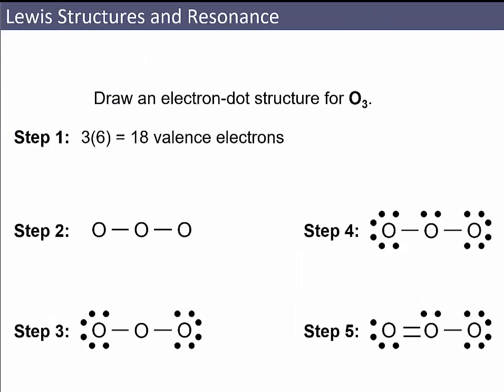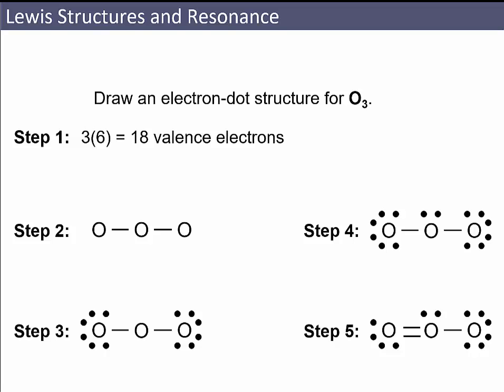So let's look at the Lewis structure for ozone. Ozone's a great example. We've got 3 times 6, 18 valence electrons. Each oxygen is bringing in 6. We start off with step 1: we draw our backbone. We use 4. Then we put all of our spares around the outside, and then we're like, okay, this oxygen in the middle doesn't have enough, so we're going to take some from one of our oxygens. And we're going to form a double bond over here, and we'll have a lone pair up on here, but